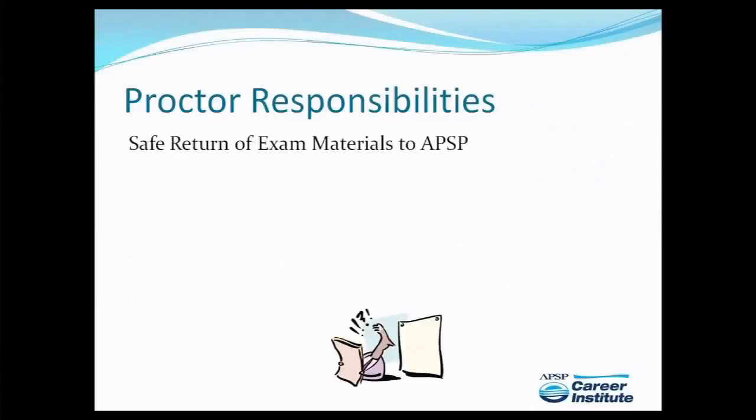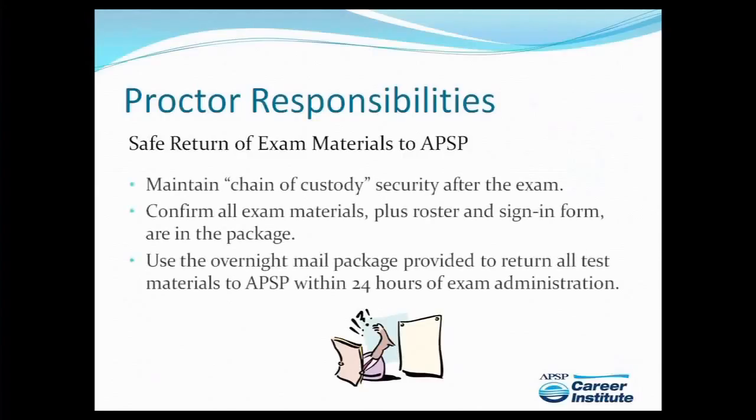Okay, now that the exam is over, you can pack up all the materials and return them to the tech school coordinator or to APSP via an overnight mail service. You should continue to provide the same level of security until you turn over the package to the overnight mail service. Please ship the package within 24 hours of exam administration unless other arrangements have been made with your APSP